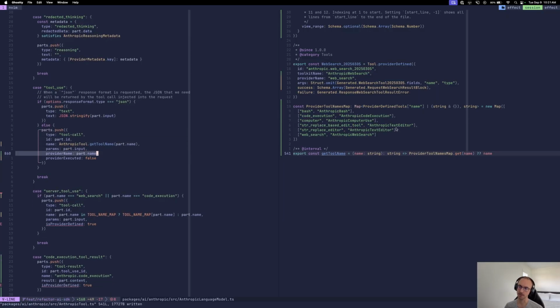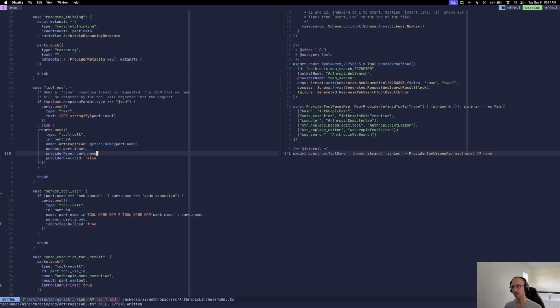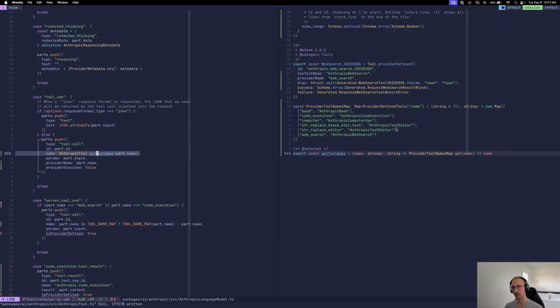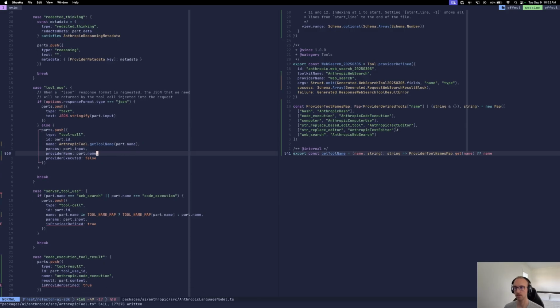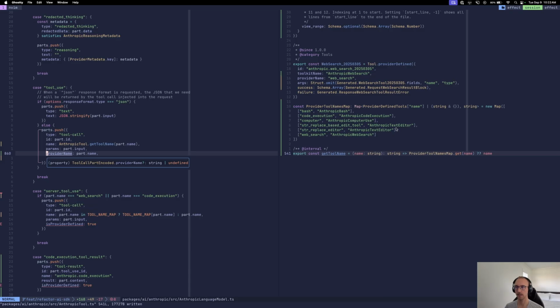So we preserve the part name returned by the provider here, which means we can use it when we're converting responses back into prompts. So we can use it on the input side. But we have the tool name that we actually want to use for our toolkit here, which is great. And actually, this should be undefined in the situation where